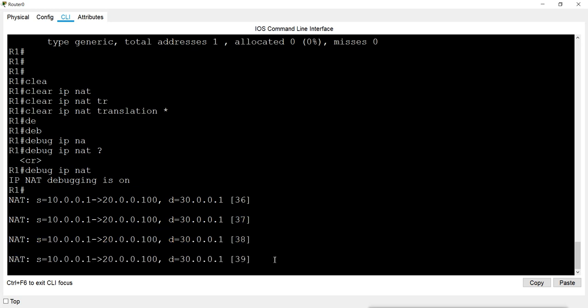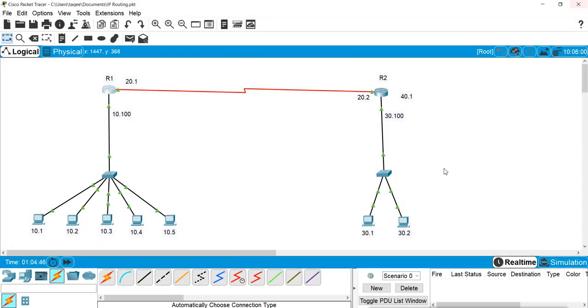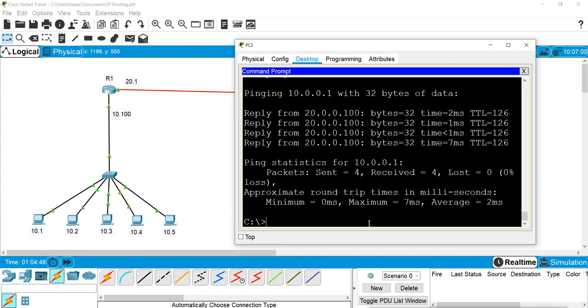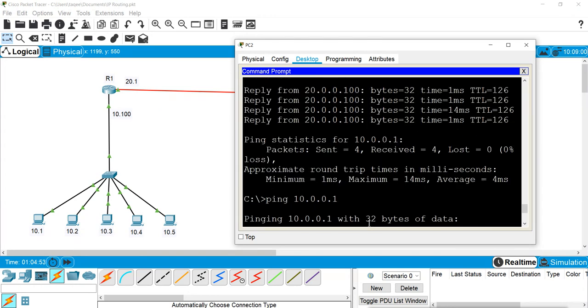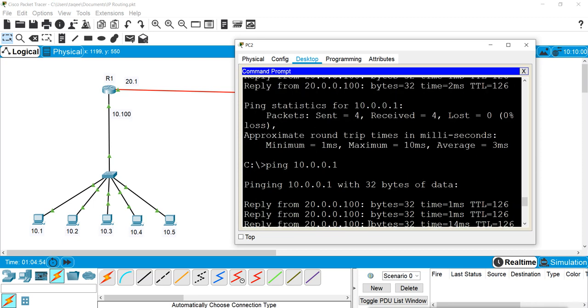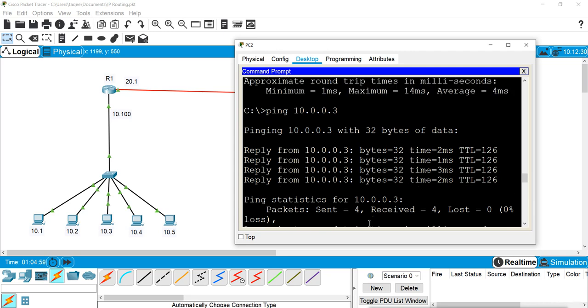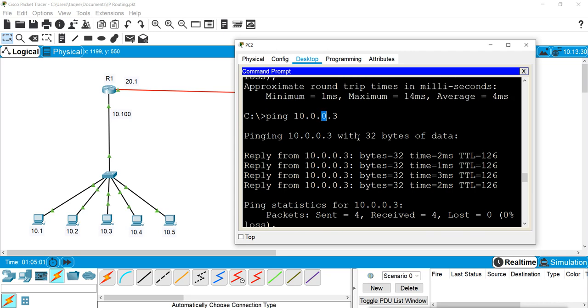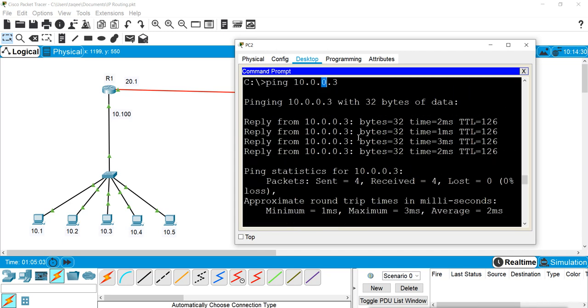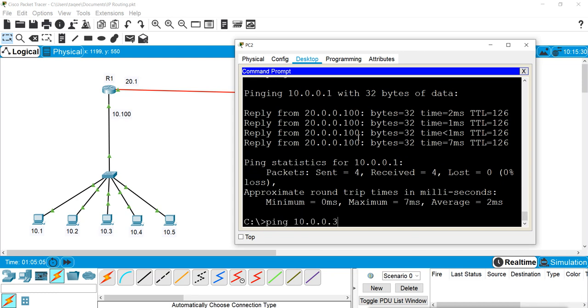Let's try to translate this IP, which is not doing the translation. Which IP have we used it for? Okay, we have denied this 10.3. So now I will try to ping to this.